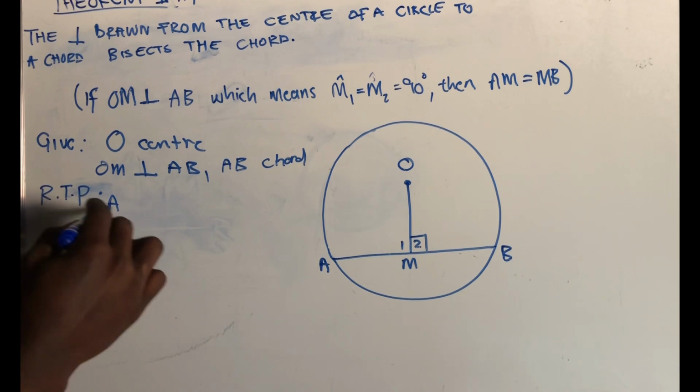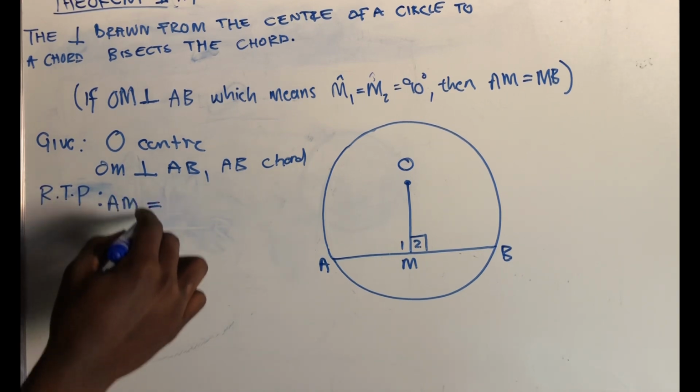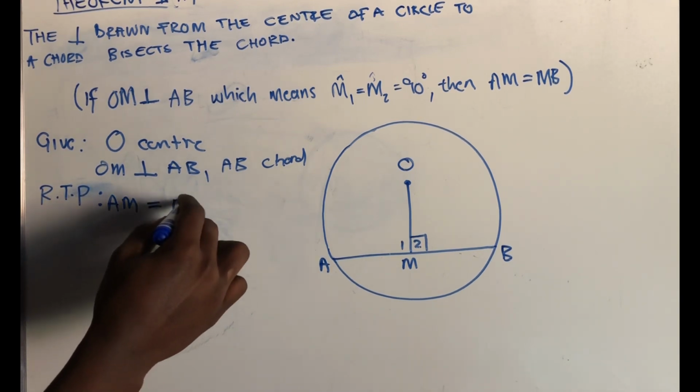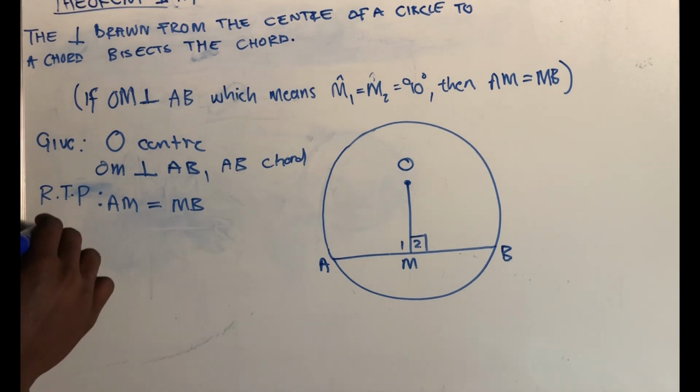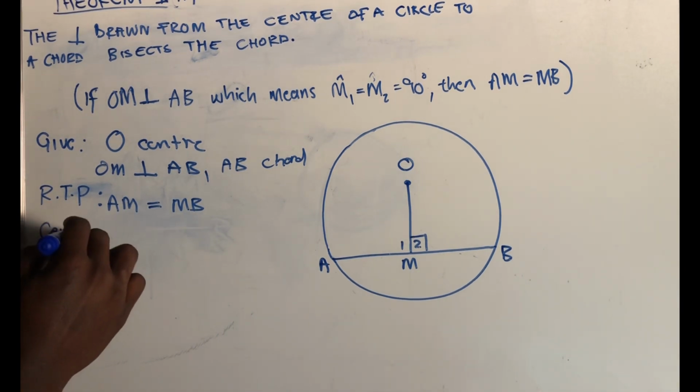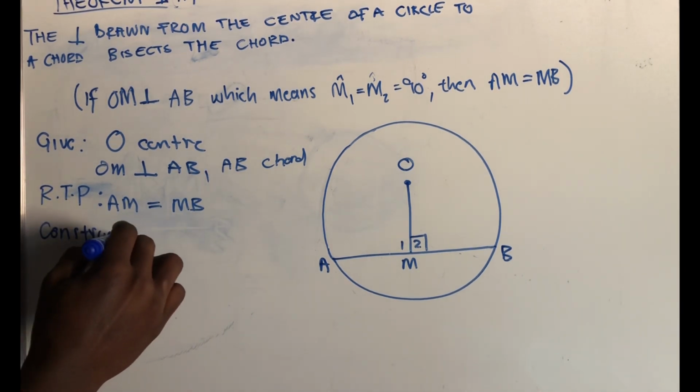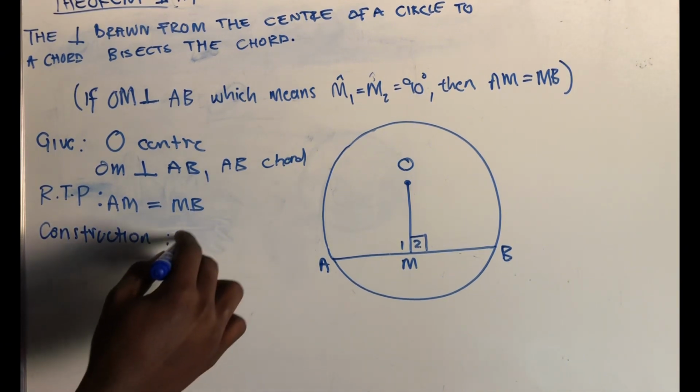We're required to prove that AM is equal to MB. Whenever we prove, triangles are our easiest way to prove such questions. So we'll have to construct two triangles in this diagram that we have. Our construction will be that we join